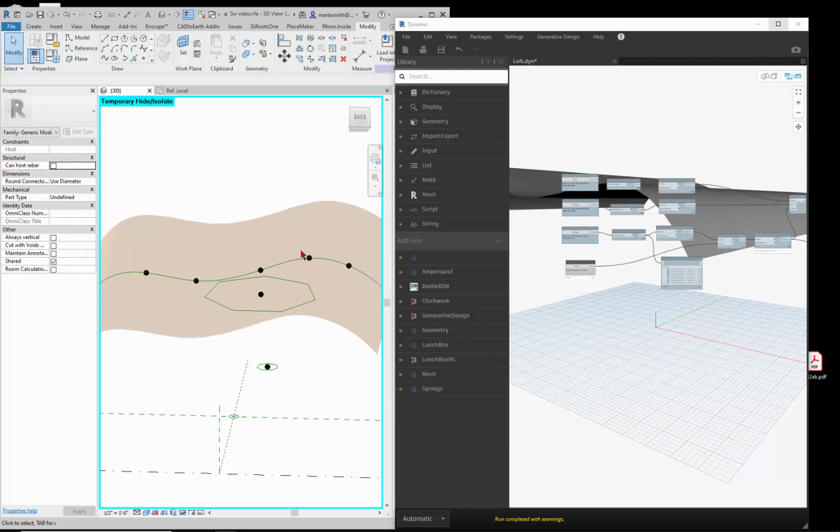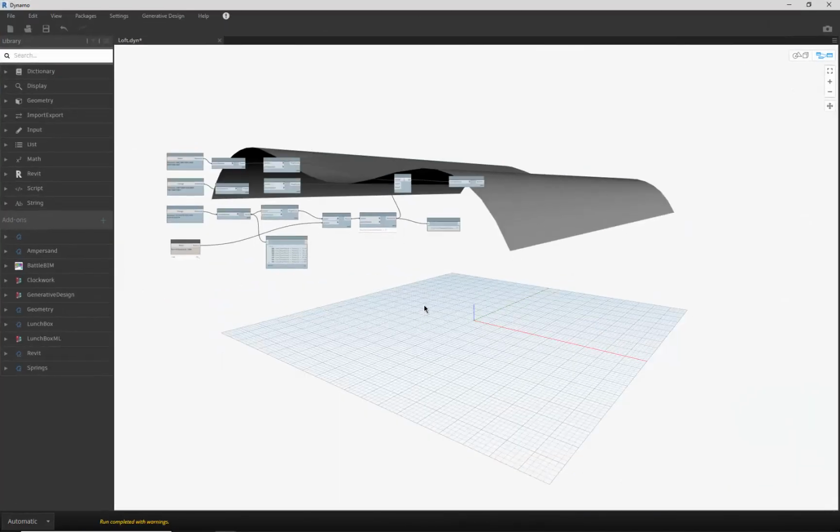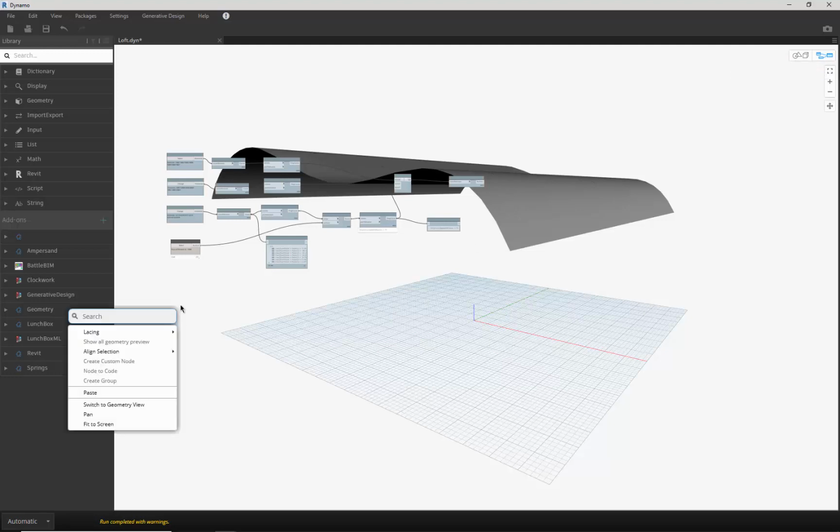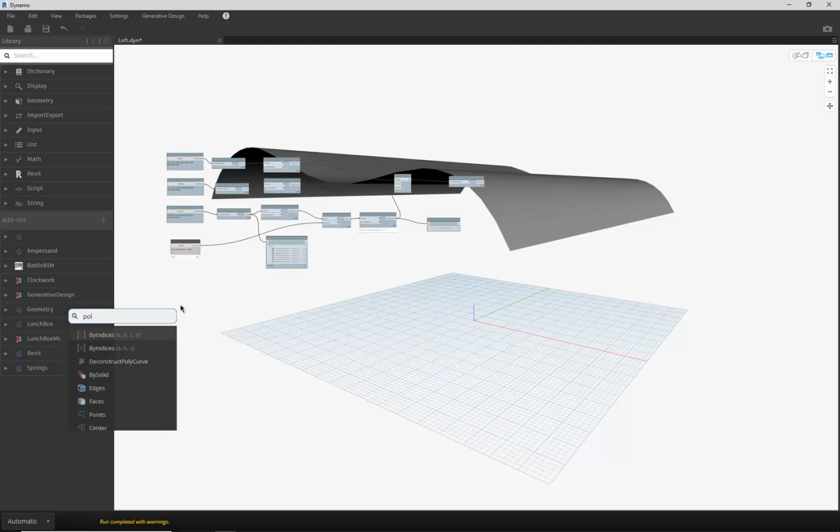And actually, I'll go ahead and leave the Revit window open so you can see it creating things in there. We don't particularly need it. Let's go ahead and maximize Dynamo for right now. And so what I'm going to do is right click and just do polygon,